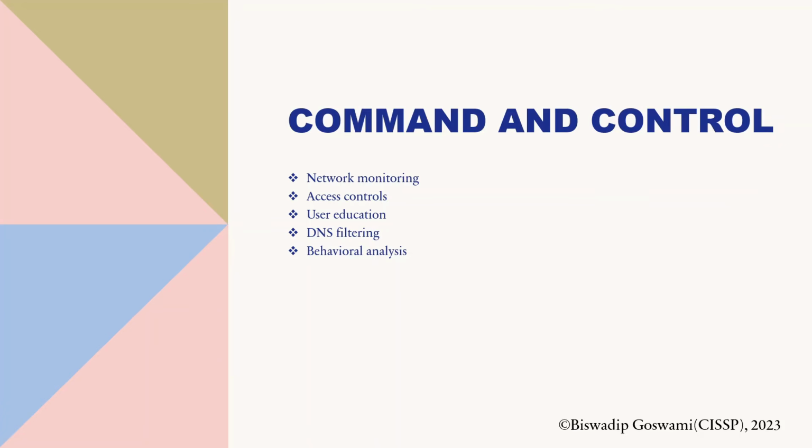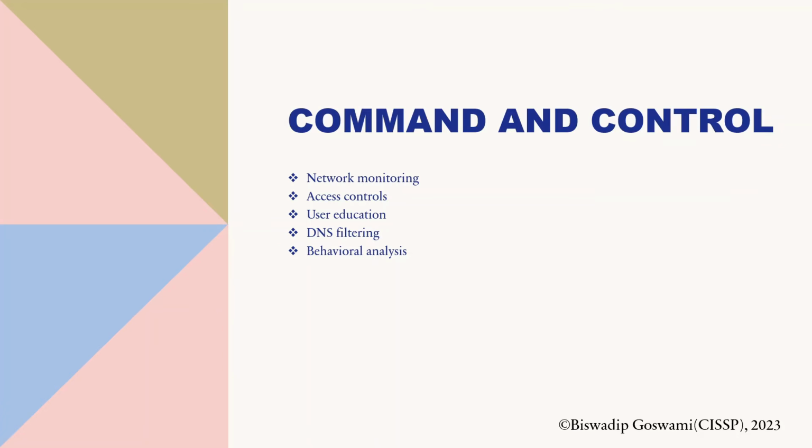The command and control phase of the cyber kill chain refers to the process of establishing a communication channel between the attacker and the compromised system. How to mitigate this phase? Network monitoring. Monitoring network traffic for unusual activity can help detect the presence of a command and control channel. This can allow security teams to block the channel between the attacker and the system, which is able to carry out further